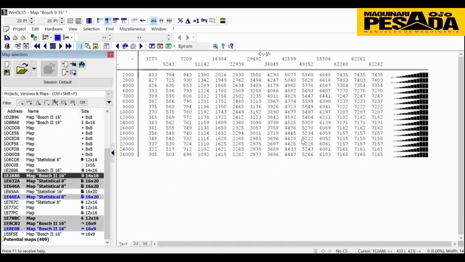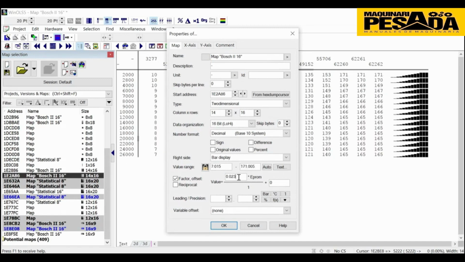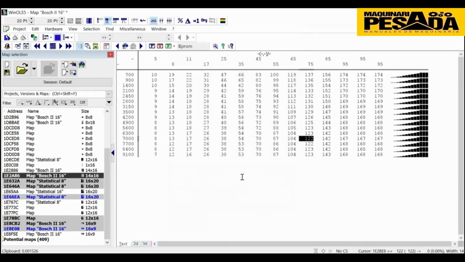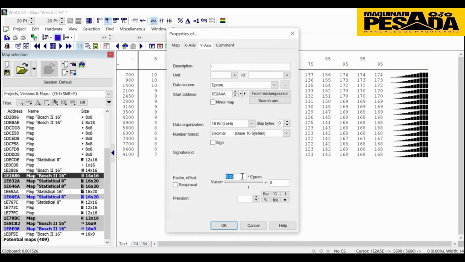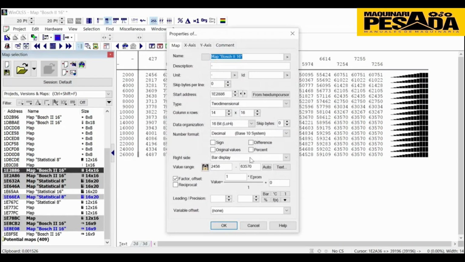About this is engine load. Just let me do something. Sorry, I made a mistake. It should be here, and for the Y it should be 0.21, or it should be 0.25. And about the torque,